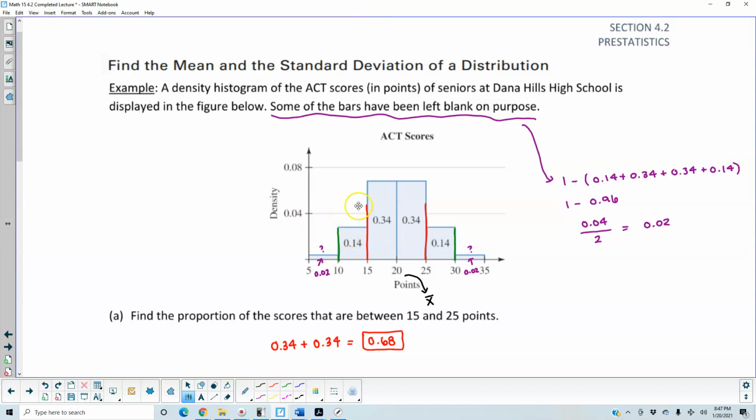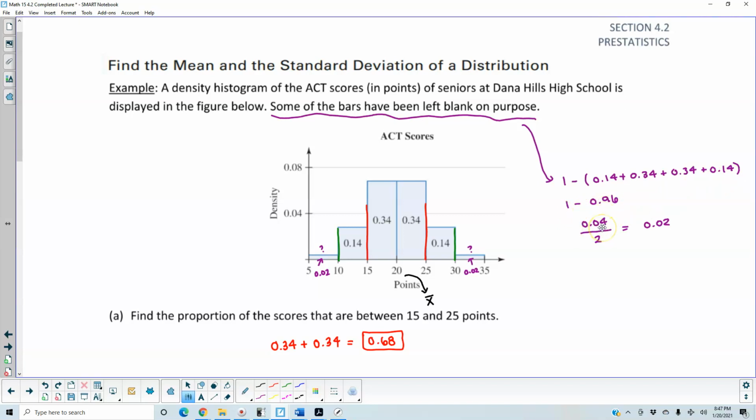So here's our density histogram. The area of each particular rectangle represents the proportion, and we don't know the last two. In order to find the last two, we know that this entire histogram should be equal to 1. So we're going to take 1 and subtract all the areas that we have. We subtract 0.14, 0.34, 0.34, 0.14, which means we get 1 minus 0.96,